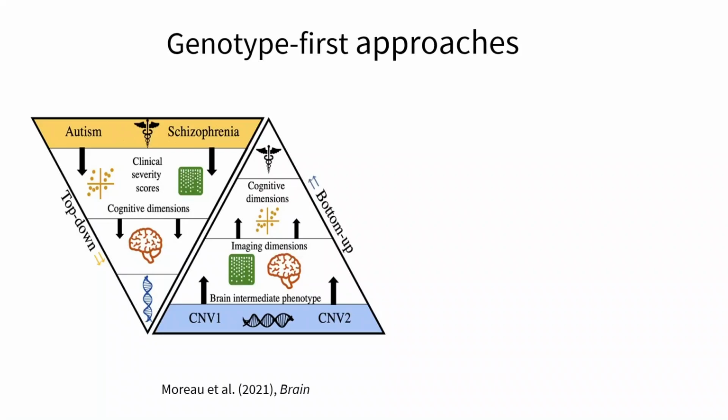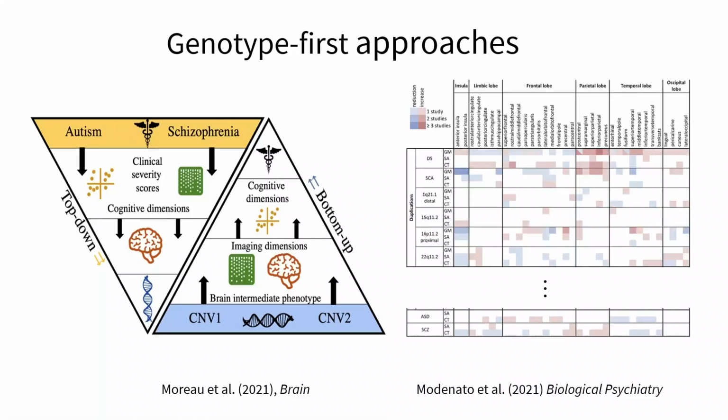But I'll start by situating my project in the context of genotype-first approaches, where we recruit individuals with gene dosage disorders that put them at increased risk for neuropsychiatric and cognitive impairment, and we can measure intermediary brain phenotypes that may potentially relate to these alterations in cognition. And so to date, the bulk of the work in this field has focused on morphometric measures. In this figure on the right, Maldonado and colleagues summarized individual reports of gray matter volume, surface area, and cortical thickness changes in various gene dosage disorders, as well as idiopathic